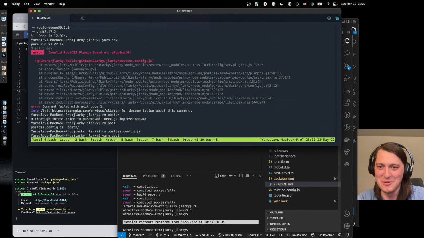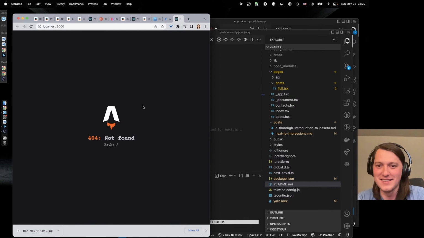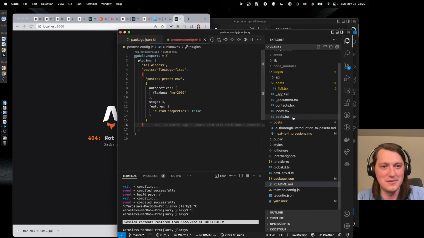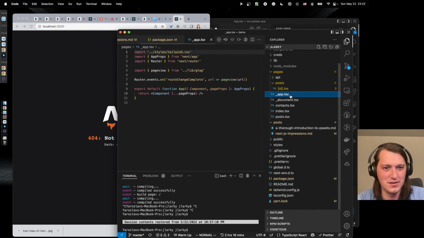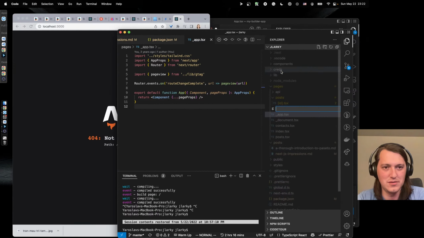Okay, let's just remove it, let's hope for the better. Okay, so it's looking for pages, right? So we need the page index.astro.